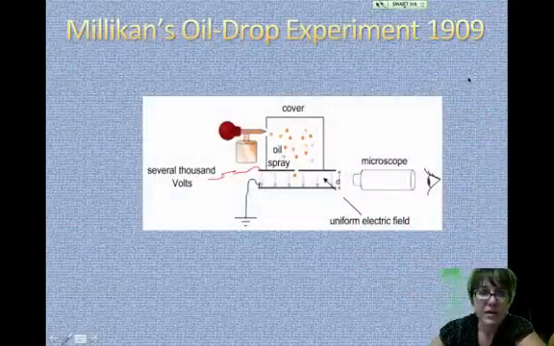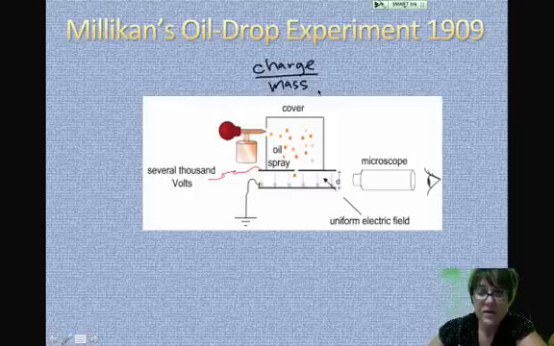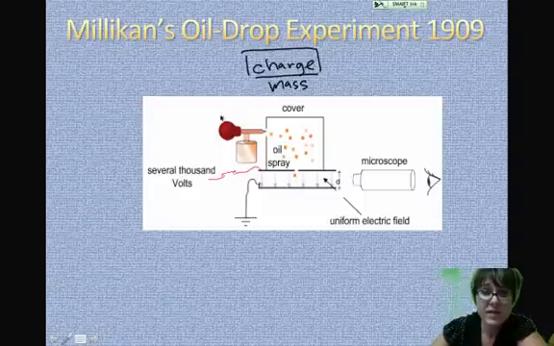Then a little later, Millikan was doing an experiment to discover the charge of the single electron. If finding the mass could help them learn the charge, finding the charge could help them learn the mass. It turns out discovering the charge was simply easier to measure than the mass of a single electron because they're so very tiny. But what he did is he took an atomizer, kind of like a perfume spray bottle, and